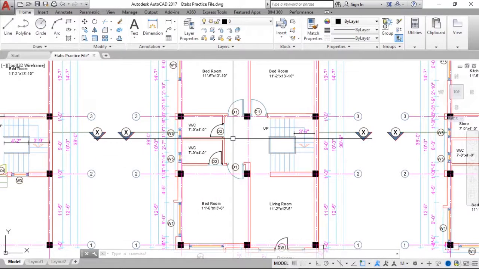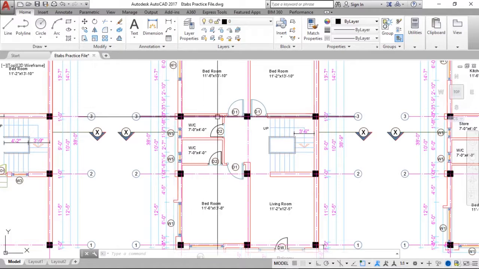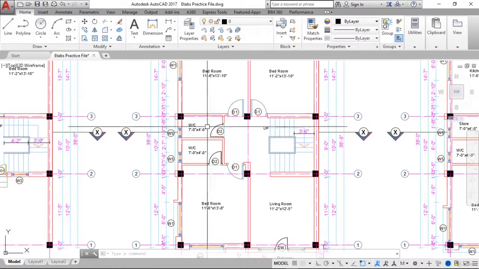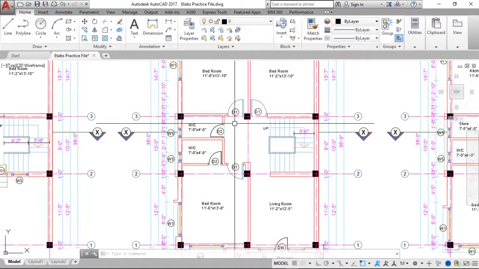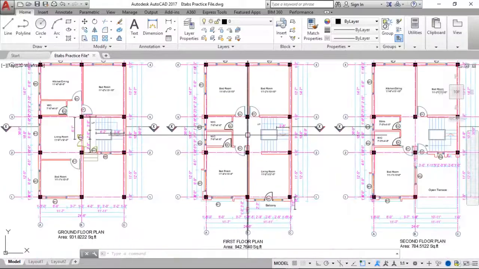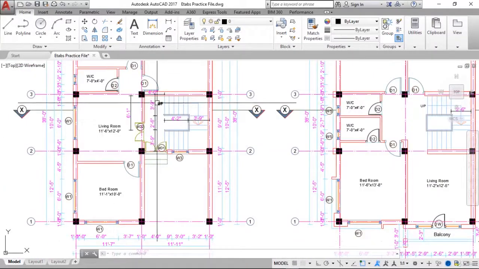Now that we know on slab we have to apply the load in kilonewton per meter square unit, right? So after we get the kilonewton value, we divide that by the floor area, which will get us the load in kilonewton per meter square value. That is the intensity of the load, right? So let us begin. Okay, so on the ground floor we don't have any slab, so we go to the